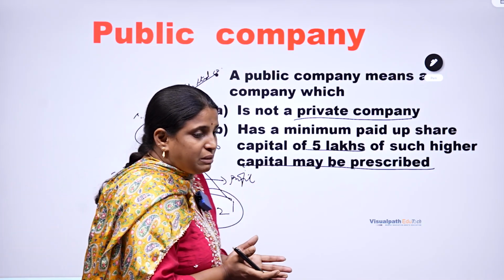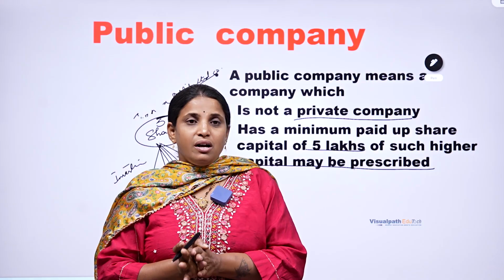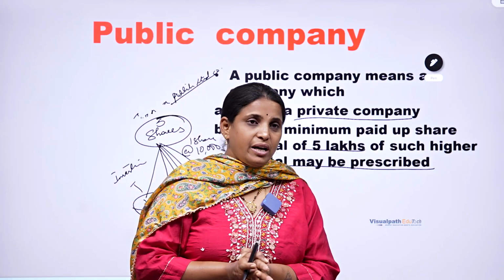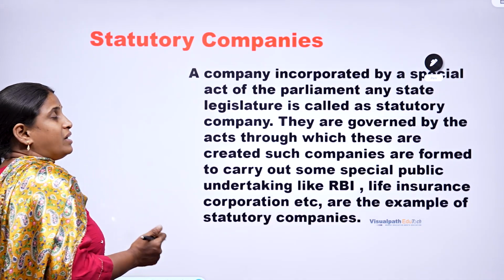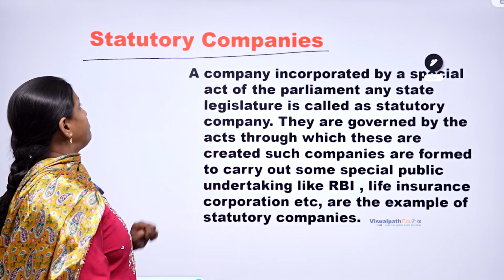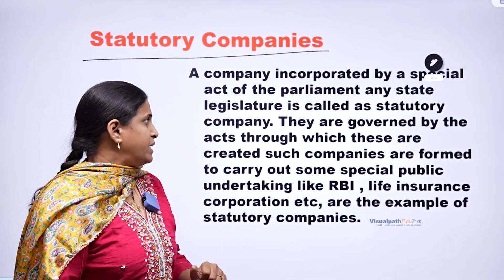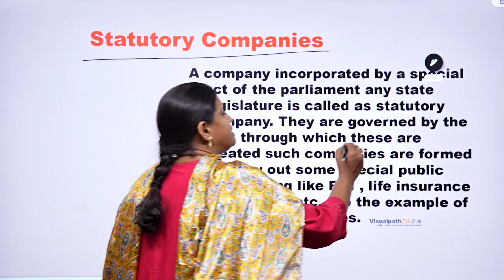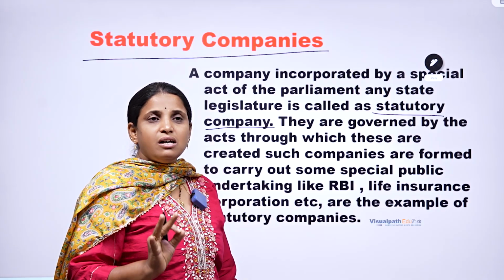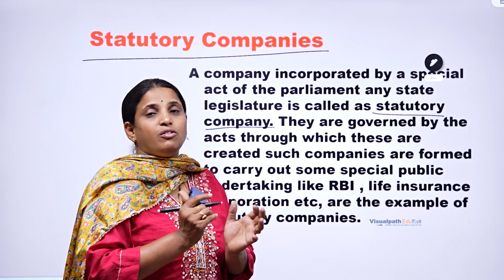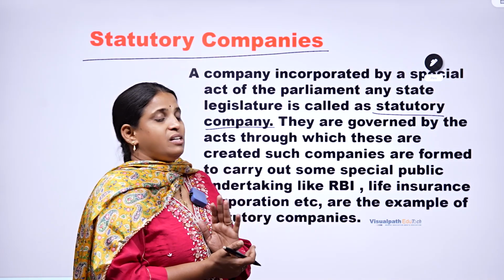Now, we have learned how to start a public company and a private company, but this is not at all enough. We have other bodies which play a key role, either from a public company or a private company. What is that? Another type of business is statutory bodies or statutory companies. A company incorporated by a special act of parliament or any state legislation is called a statutory body. To simplify, for someone's help, recognition or identity, these bodies or startup businesses are formed and are known as statutory bodies. For example,